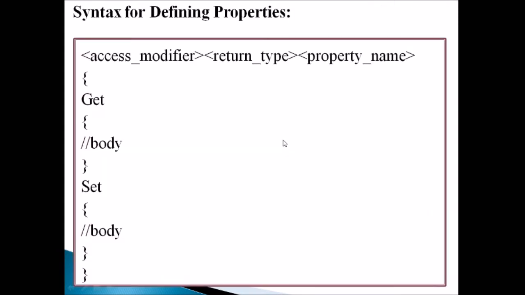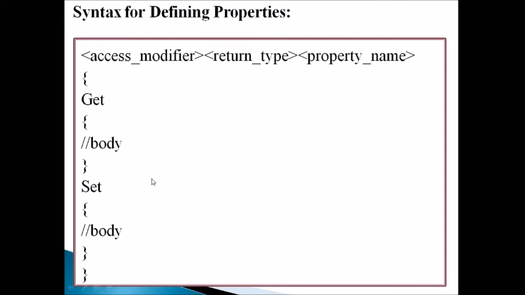This is the syntax for defining a property. Here the first part is the access modifier, the second part is the return type, the third part is the property name. You know very well about the access modifier. It can be private, public, protected and so on. The return type is any valid data type or else void, and the property name is a user defined property name. Then an open curly brace, then the get method is used. It is a predefined method. Within a block we can include the source code. Like get, here set is used. It can have its own block. And then a close curly brace for the property.